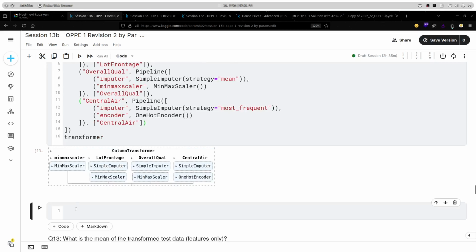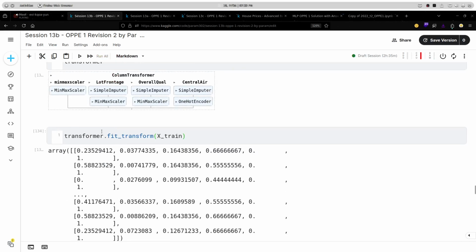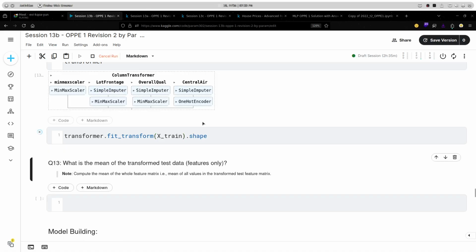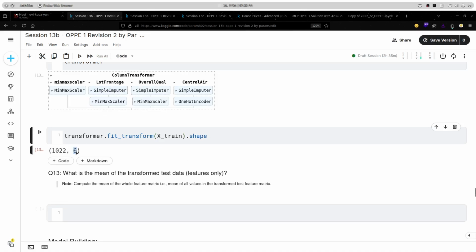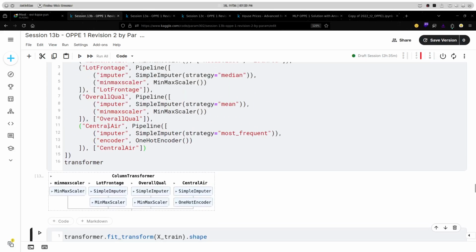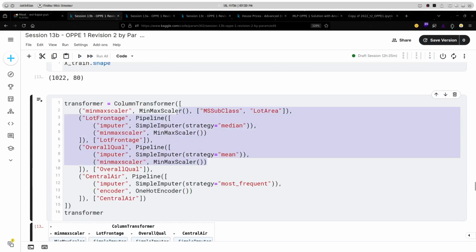Now if I apply this transformation, transformer.fit_transform on X_train, it will give me this dataset. Now if I check the shape, you can see I am getting 6 columns only. Why 6 columns? For one hot encoding and the rest of these columns.